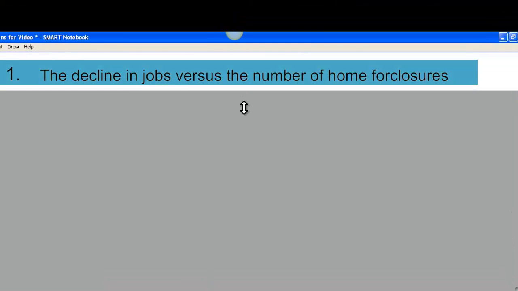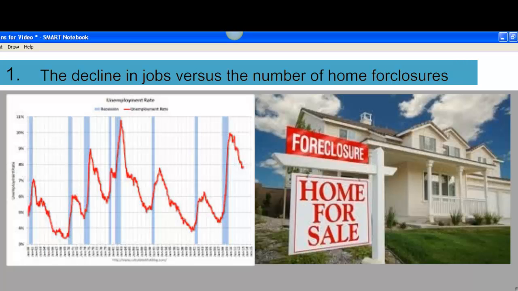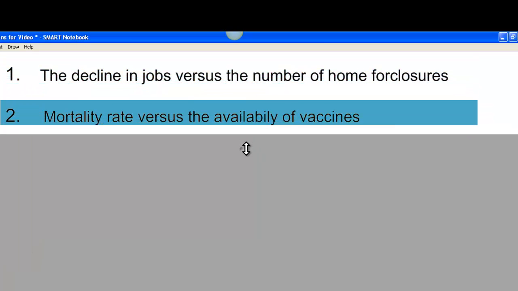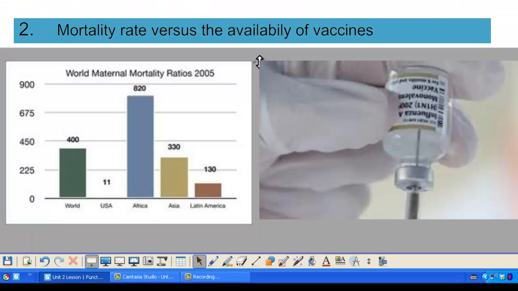So here are a few that I came up with just to kind of get the ball rolling. You can think about there's a relationship in the universe when you see in a community a decline in jobs and the number of home foreclosures. People don't have as much money because they don't have a job and they can't afford their homes. That's a mathematical relationship. We can use this as a graph. We could represent it by a table. We can look at the unemployment rate percentage, as well as the number of home foreclosures, and make those mathematical relationships. The mortality rate versus the availability of vaccines, especially if you go to poorer countries where